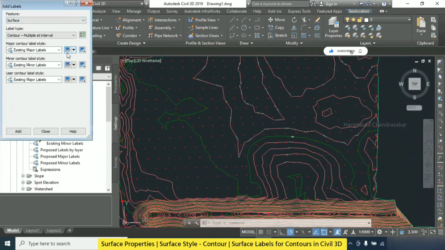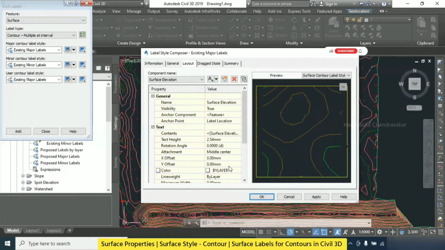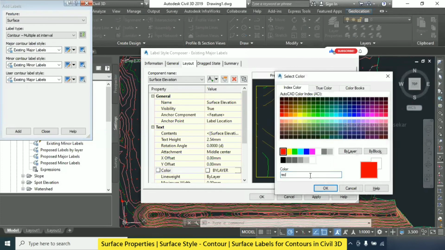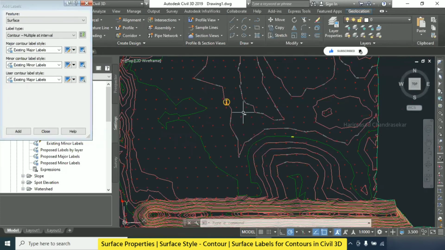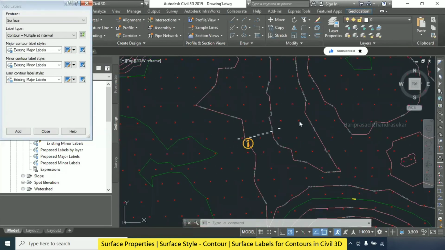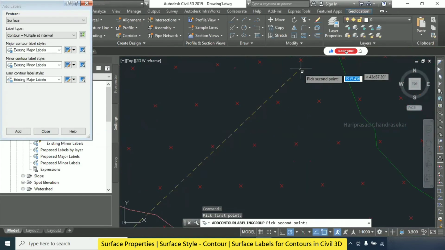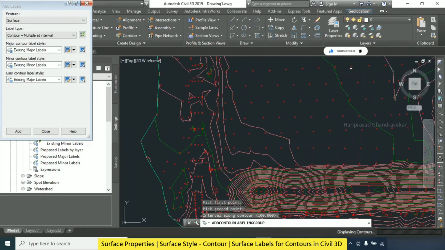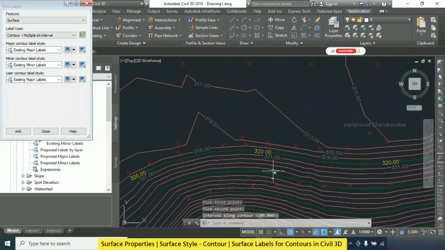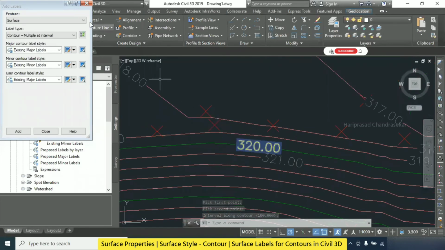In that case, we can go here, major contour label, minor contour, user contour label style. Okay. Here I'm just going for edit current selection, and here we need to select the color, or yellow color. Okay, and then apply. Now you can go for add. See, now everywhere we are getting yellow color. So you can even modify the labels like that.